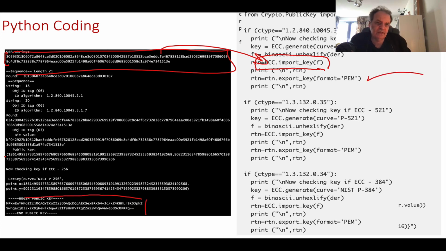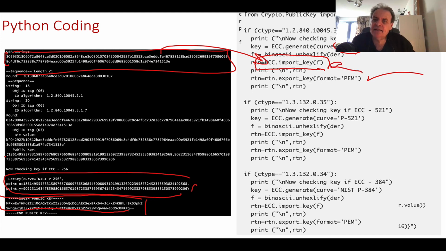So in this case here, what we're doing is reinterpreting the key back just to make sure that it works okay. So in this case we'll read it in as if it's a P256 elliptic curve. We'll read it in and make sure that we can import the key correctly, because if it wasn't, then we would have problems. We can see it's an X and Y coordinate.